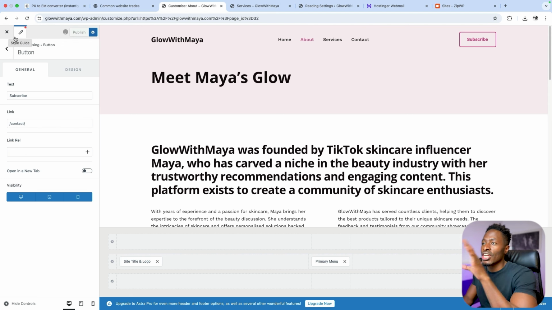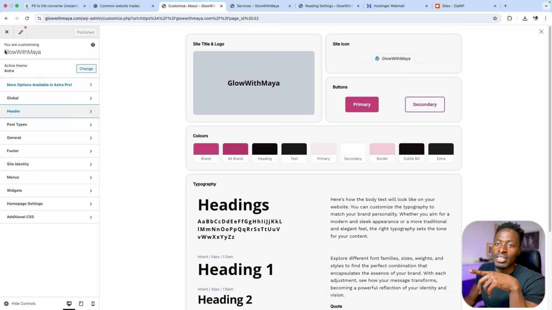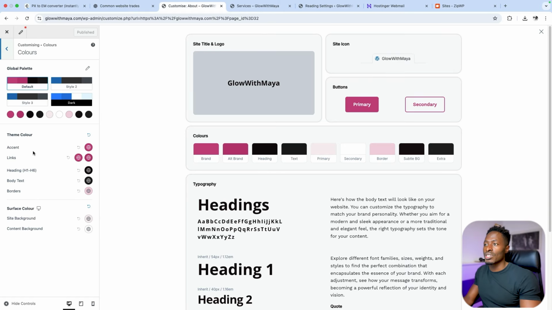In case you want to change the colors of the website and all the styling, the typography, you can still change it right over here in the customizer. So when you say global colors, you have all those colors to play with and change right over here in the customizer. All right, so in a nutshell, that's how you can set up your WordPress website using AI, get it hosted,